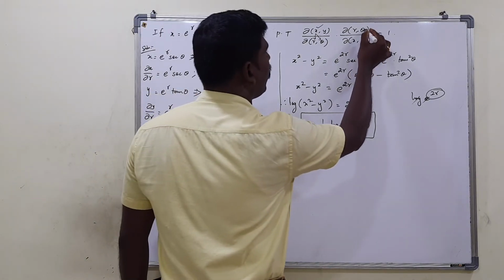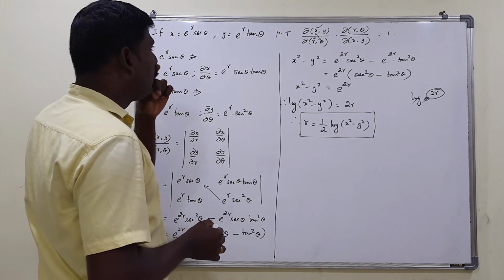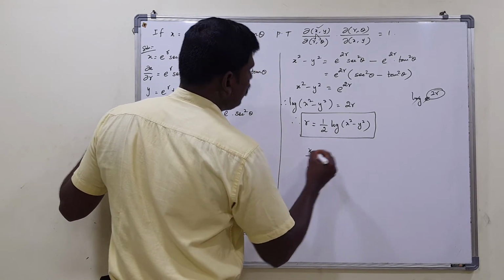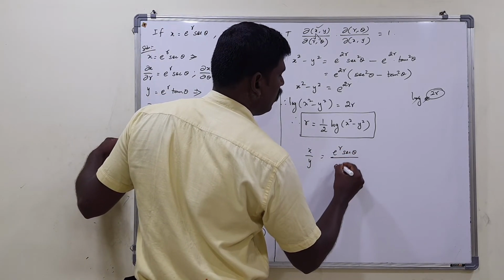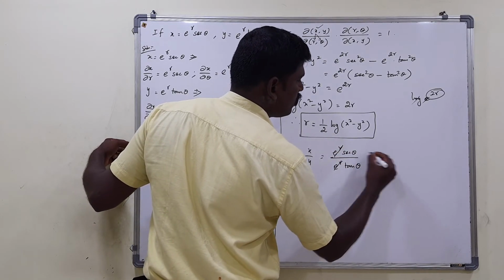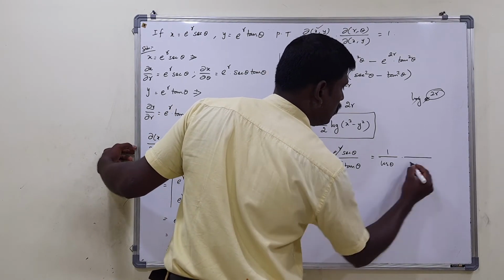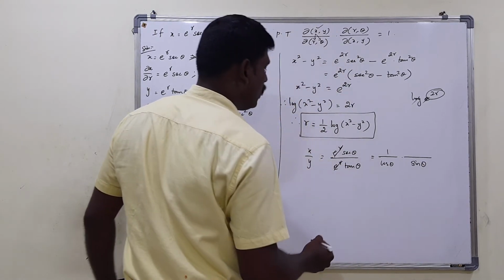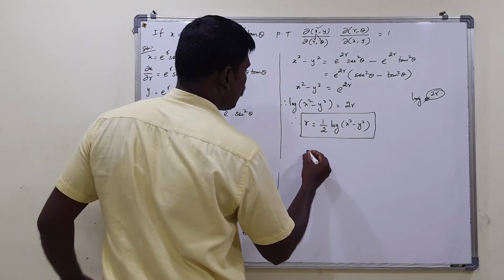Same like that, I am going to find out the value of theta. For that, I am going to divide x by y. What will you get? E power r secant theta by e power r tan theta. So both will cancel each other, isn't it? So secant theta means 1 by cos theta into 1 by tan theta becomes sin theta by cos theta, or y by x. You can write it as y by x. No problem about it.